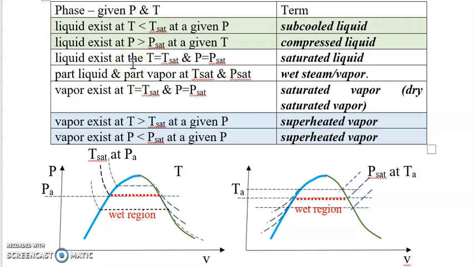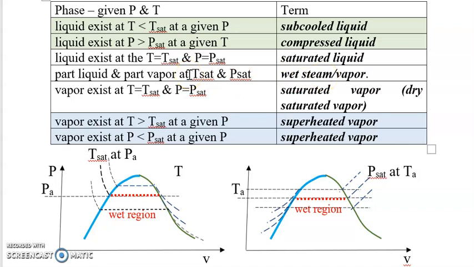You check your T against your saturated temperature in the pressure table, or your given P is equal to the saturated pressure in the temperature table, and they are equal. So you realize you are saturated liquid. But wait, it is possible that your working fluid may be wet steam,